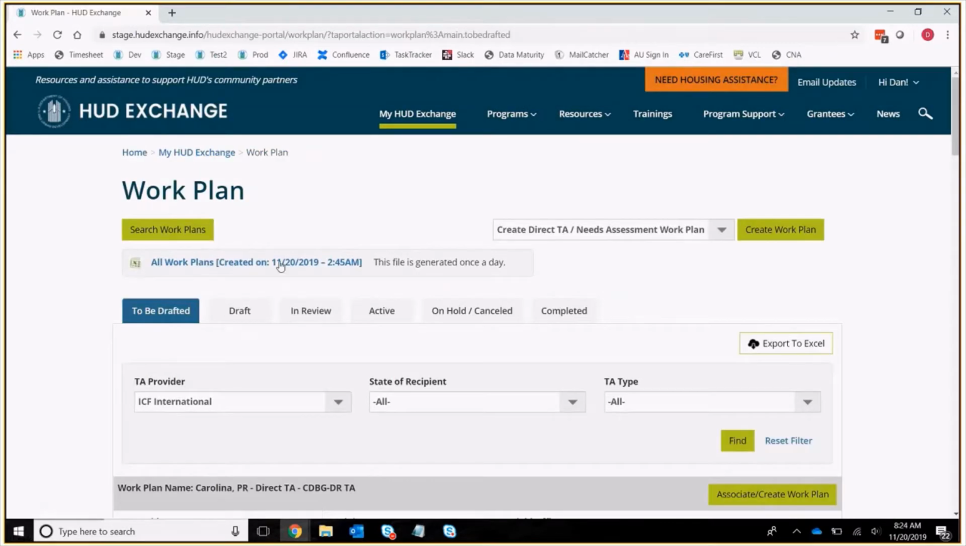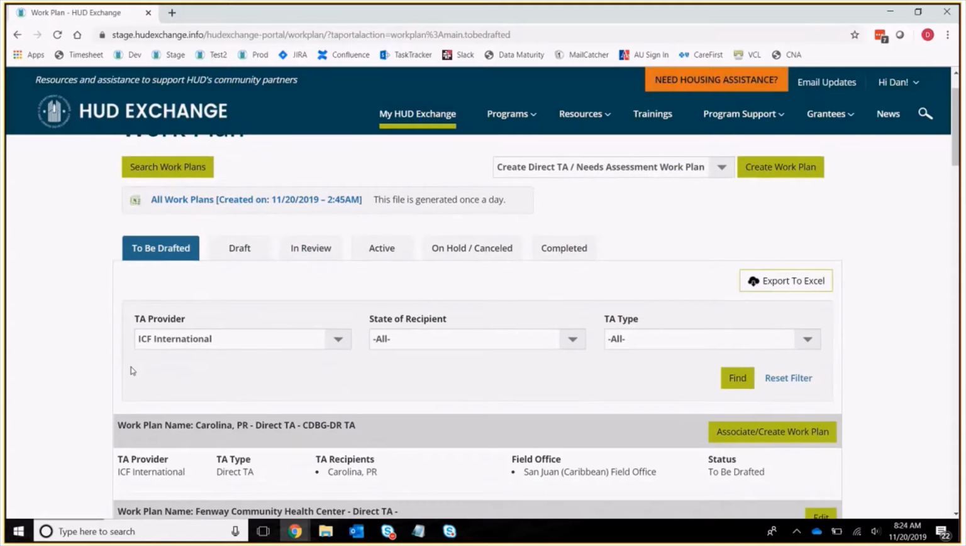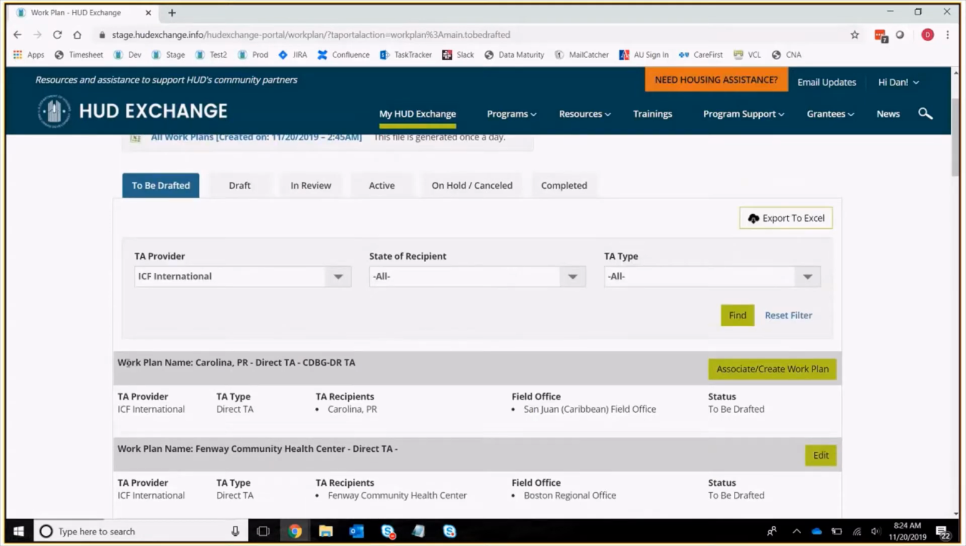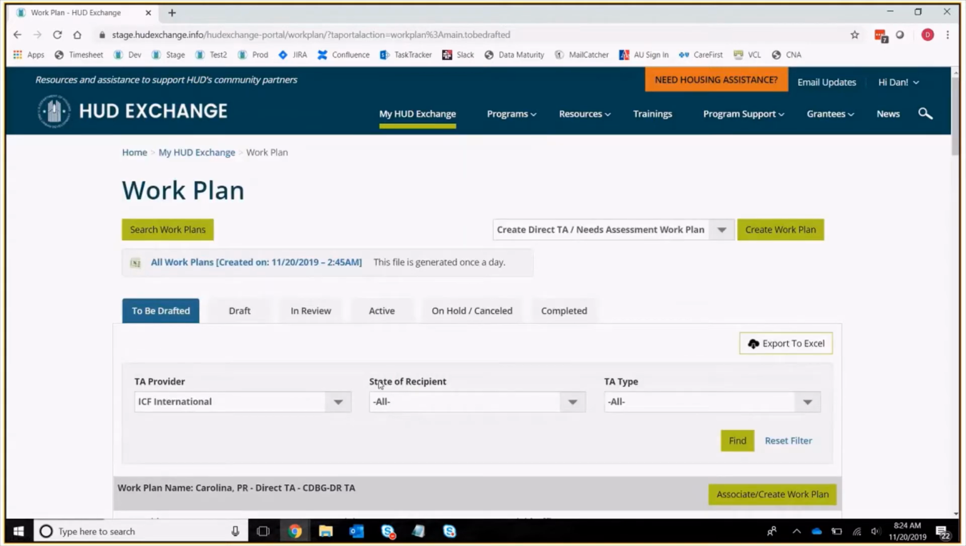And I'm going to go back to the To Be Drafted tab. So I'm going to start drafting a work plan. Now there's two ways that you can create a work plan in the system. First is the sort of default way, which is that HUD will create an assignment, and that assignment will show up in the To Be Drafted tab. That's what I'm going to do for this demonstration. But sometimes HUD will